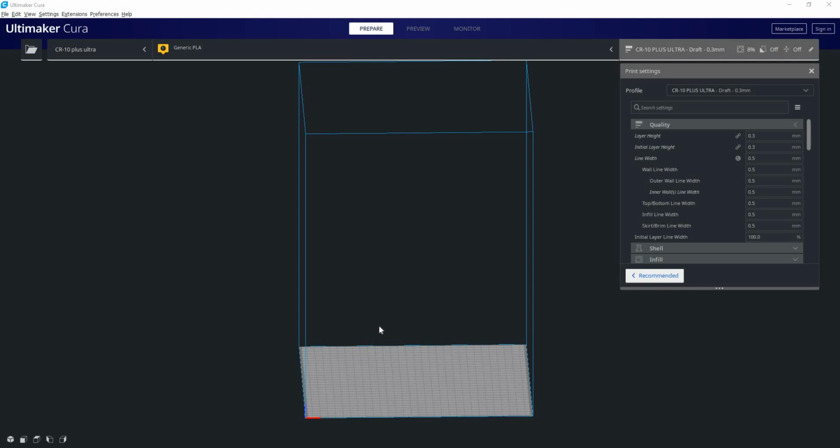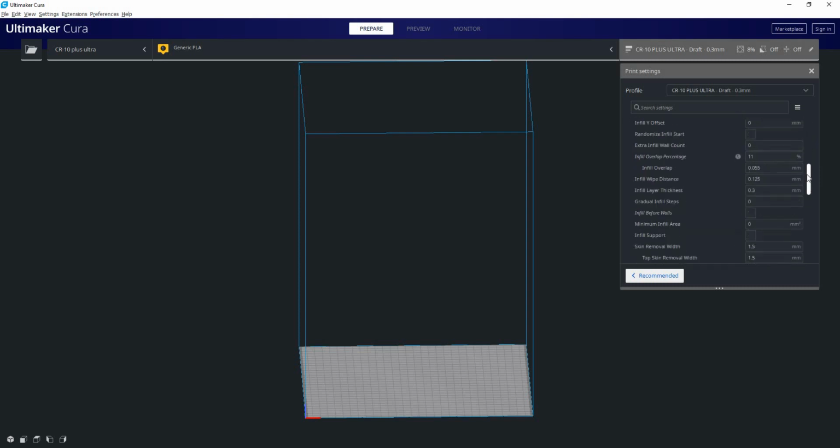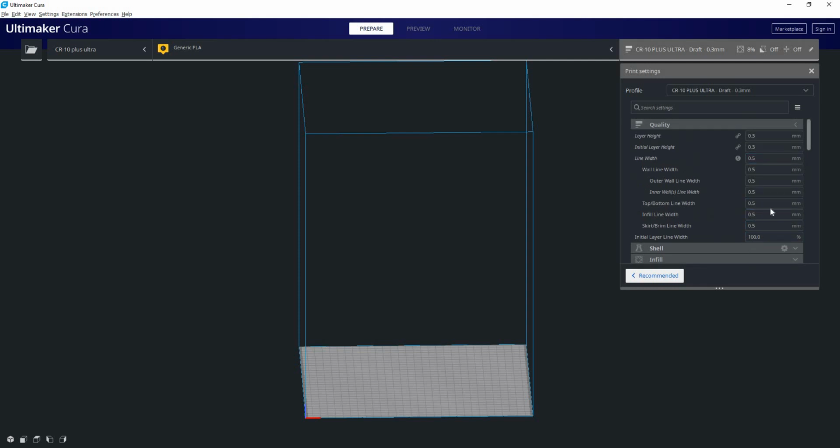Today we're going to be discussing the slicer settings found within Cura. And there are hundreds of settings, so we're going to try and quickly go through them all. The important thing to note is having all of your settings visible. If you click on these three little lines here, you can set your setting visibility to all, and now every single setting found within Cura will be made visible to you, so you can see everything that's affecting your